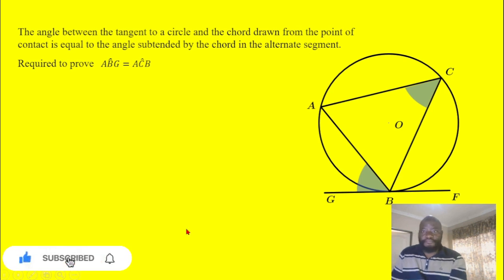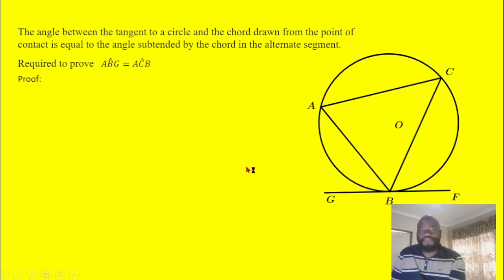are equal. So this is the angle between the tangent and the chord. So this is the chord AB we are talking about. And chord AB subtends the angle over there at the circumference, ACB. And then the theorem says these two angles are supposed to be equal. Okay, let's see the proof. So proof. First thing we will do, we will construct a diameter BD